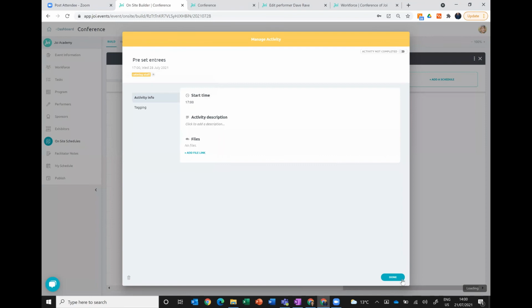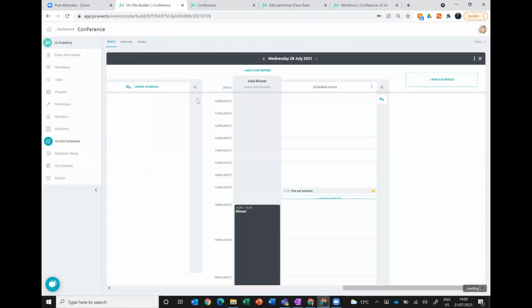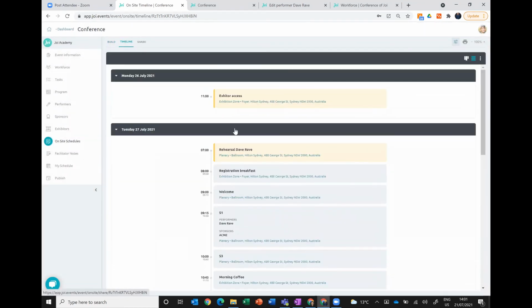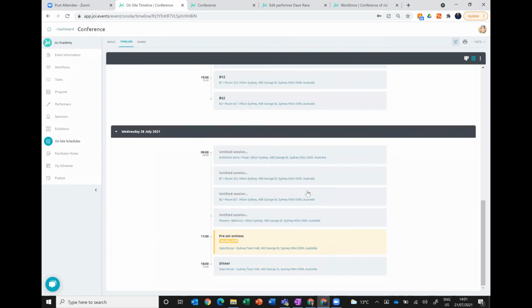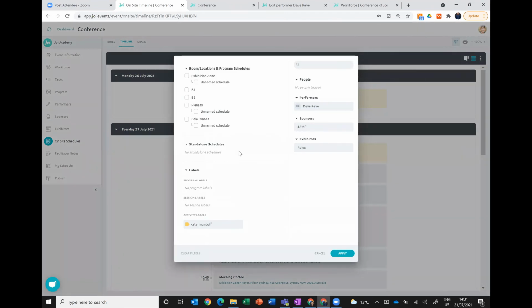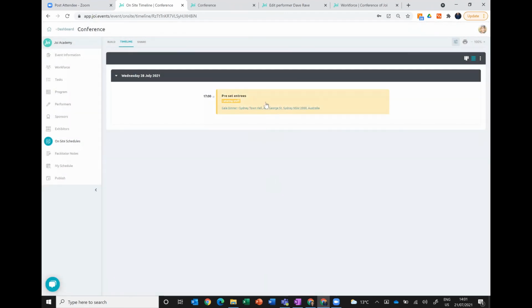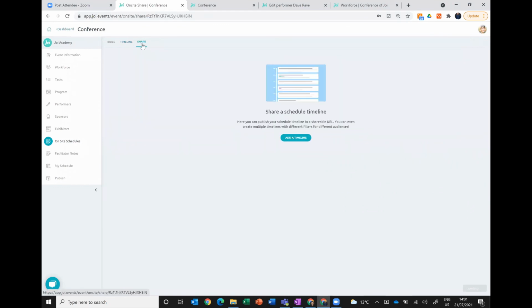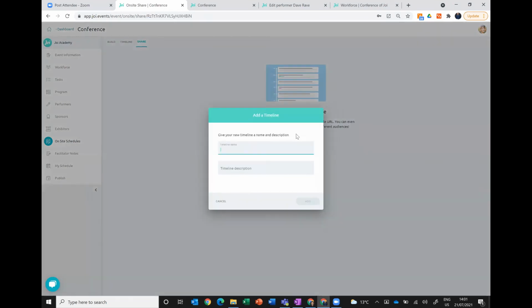Now, when I go to the timeline, I can see all of the activities that are in there, and I might go, actually, I just want to see the catering activities. So I can filter on that label, apply that, and go, oh, cool, all right. I'm actually going to share that now with the catering company. So I'll create a timeline called catering, add,